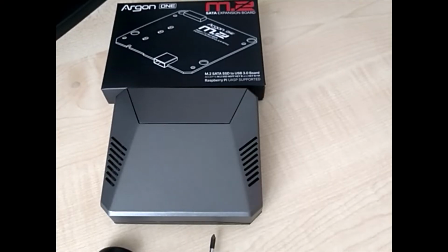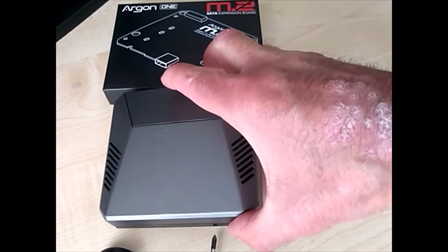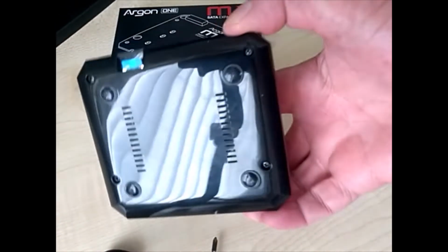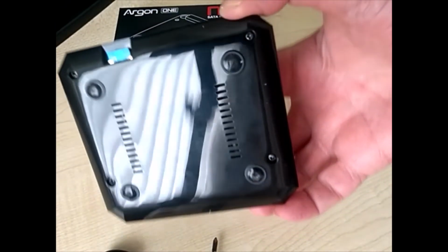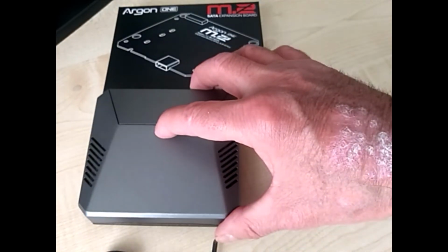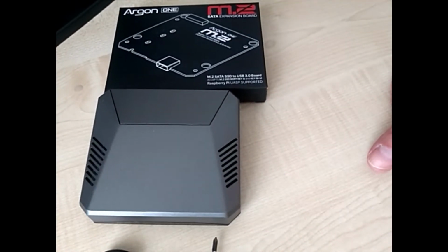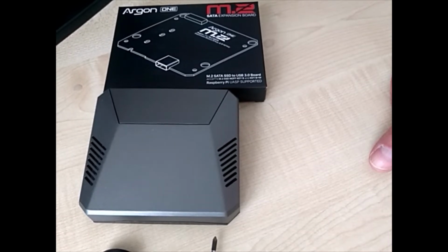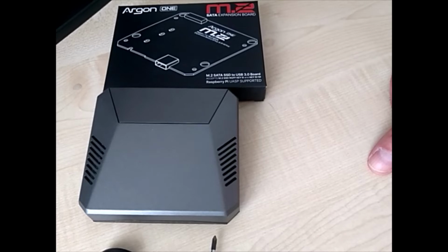Okay, so we're going to be installing a new MSATA expansion board onto this existing Raspberry Pi 4 that's running RISC OS from an SD card. And the idea behind this is that we're going to be dual booting both Linux and RISC OS on this Raspberry Pi 4. The expansion has been supplied via RISCOSBits and is their EDOS